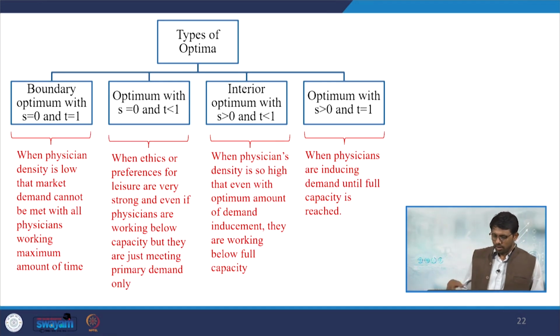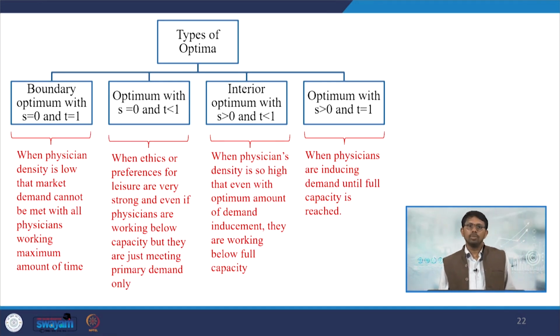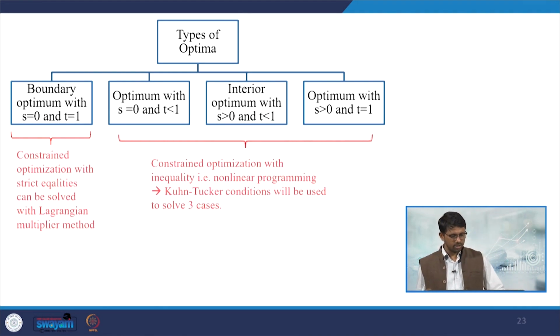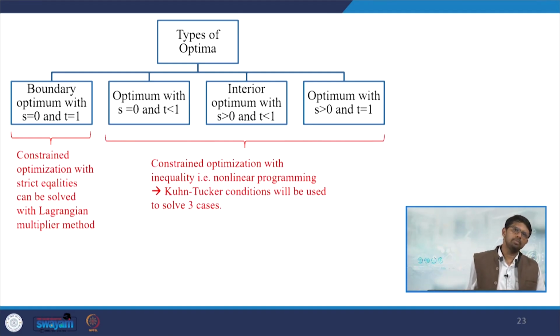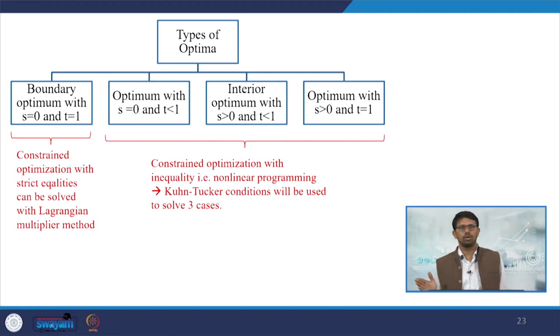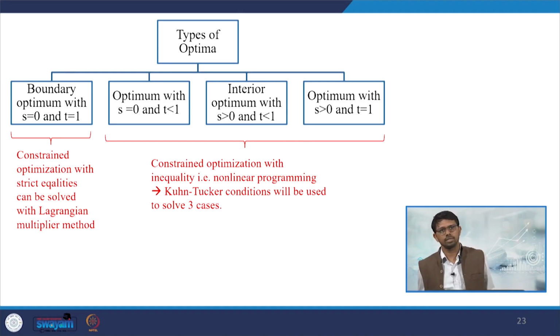Another optimum with induced demand is there and working at full capacity, when physicians are inducing demand until full capacity is reached. So, we will be utilizing these directions, and in the first case, when the boundary is rigid, that is called constraint, it follows the equalities, hence